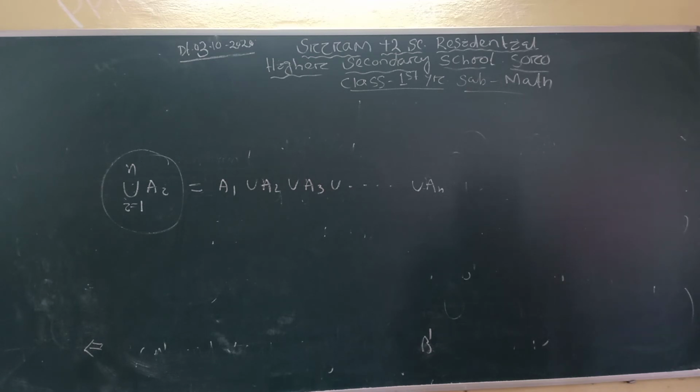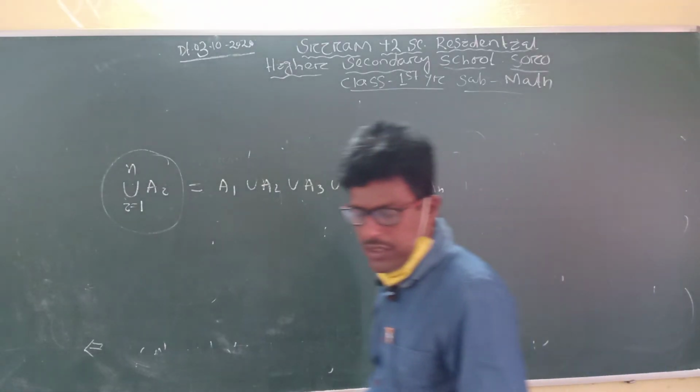In Example 7 and in Problem 7 also, the same type of question you have faced. So you can write that meaning: union of Ai from i=1 to n is equal to A1 union A2 union A3 union up to An. And I have told about the cardinality of finite sets, the last part of this.